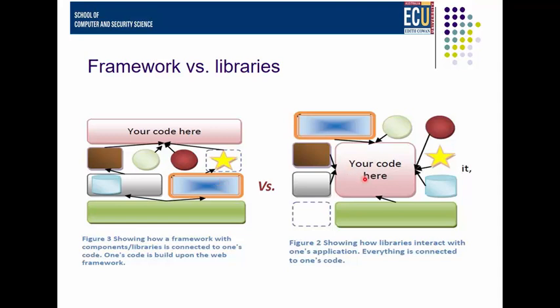Whereas in the case of a library, it is not like that. A library provides you functionality, but your code can hook up all those libraries. You don't need to follow a certain hierarchical framework in order to build your application. So if you need a library to generate PDF files, you can look for a library and include it. If you need a library to parse some video streaming, you can identify that library and use it in your code. Okay, but in the case of a framework, it's not like that. You have to use,